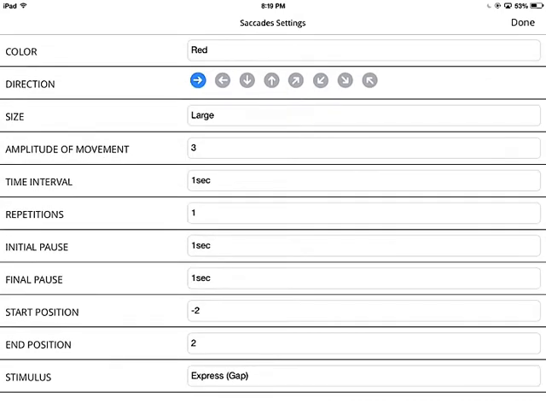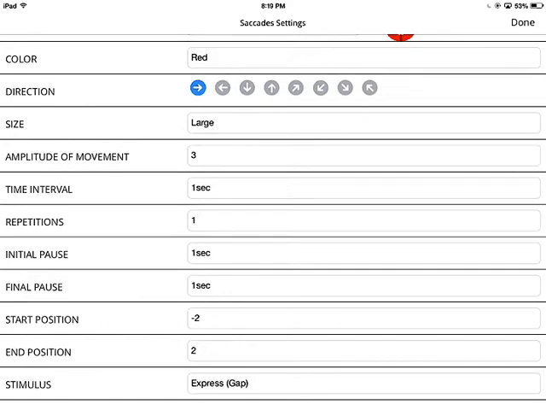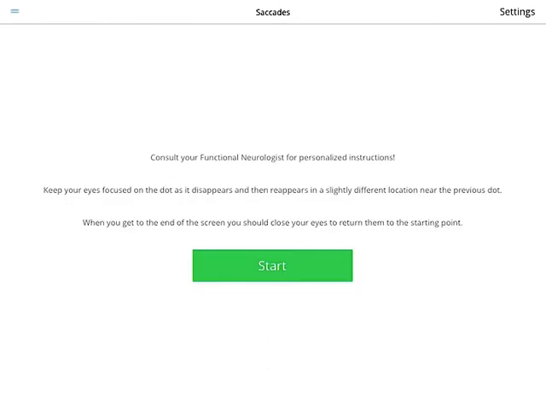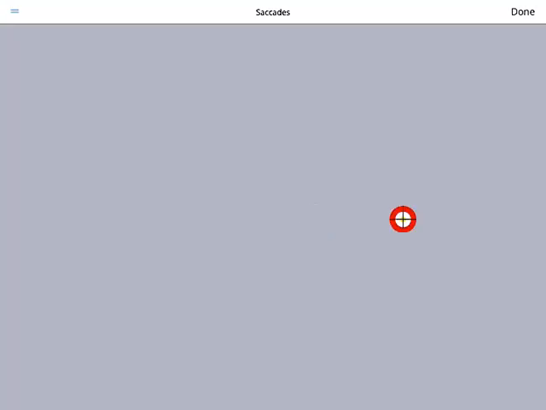So if it's going, in this case, left to right, we want a negative number on the left, unless you want it to start somewhere to the right of center and end a little bit further. But let's just keep it that way, -2 to 2, and it's going to move 3 times with an express saccade. 1, 2, and 3. Okay, and then the exercise is complete, so it gives you that warning. If you hit